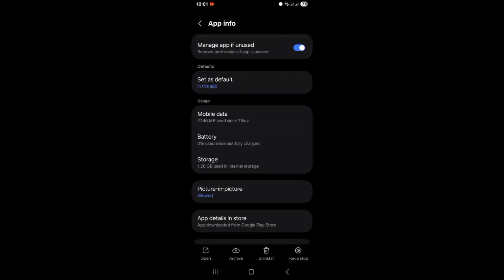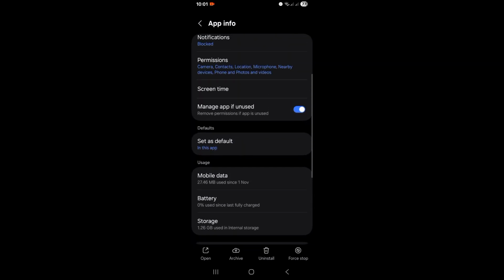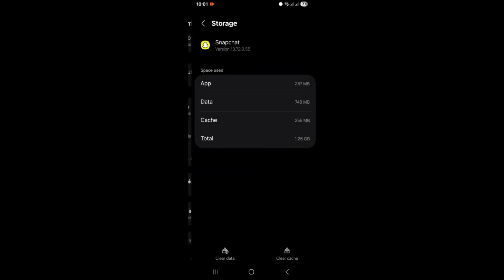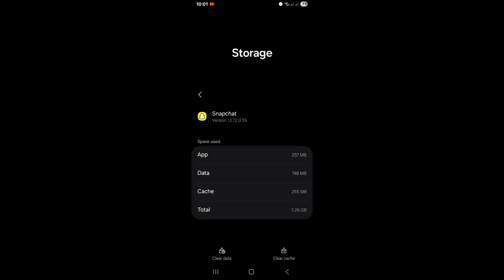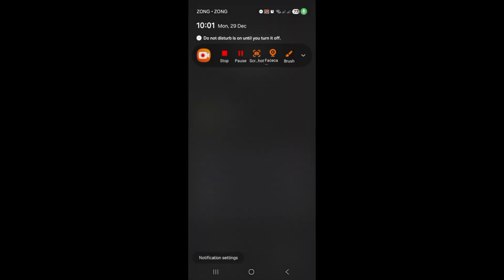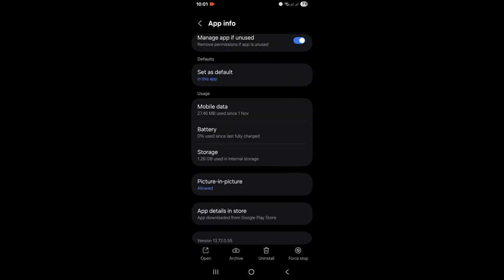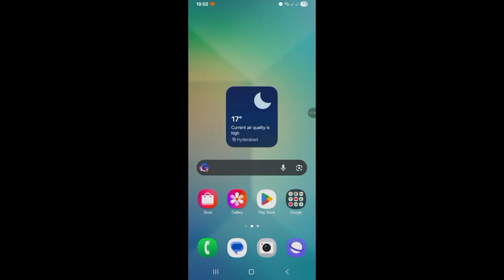So yeah guys, once you tap on it, it will give you this kind of interface like mobile data, screen time, permissions, notifications, etc. But you need to select the storage option. Right, tap on the storage, and then tap on clear data and clear cache. Once you do that, it can be fixed,